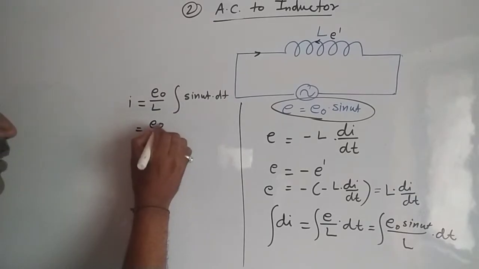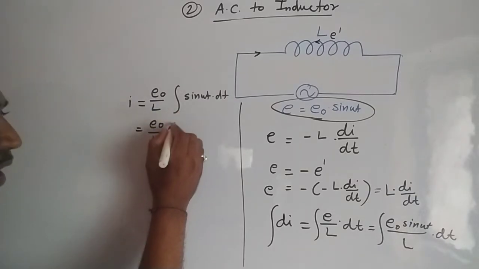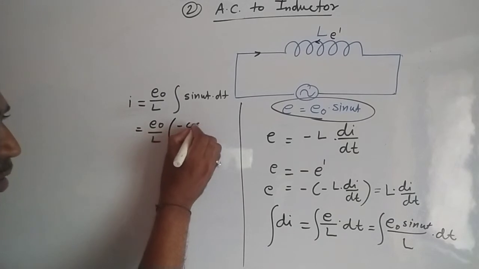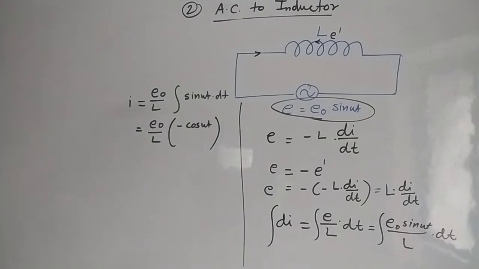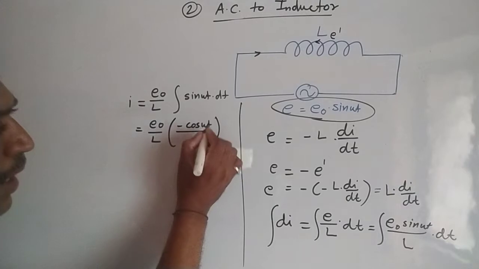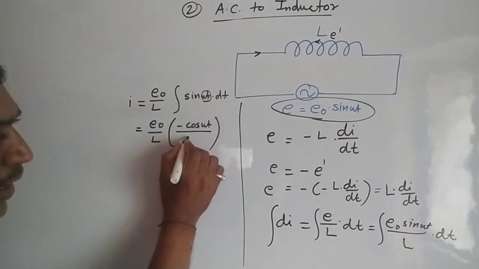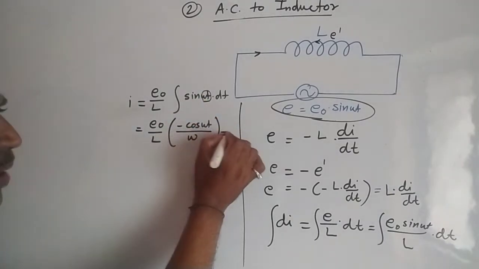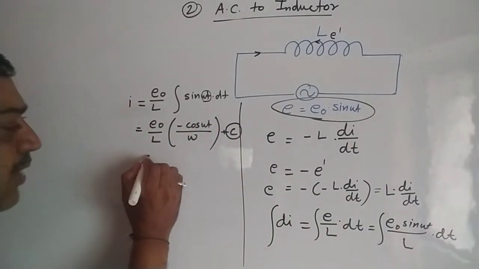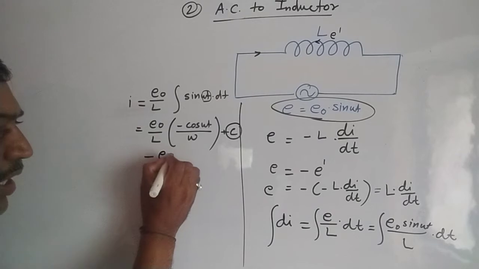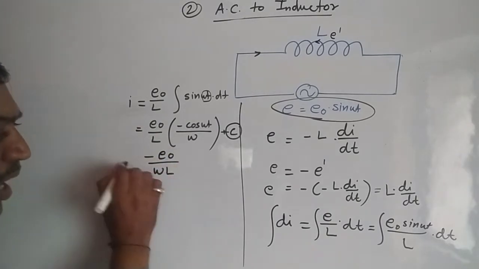So we can write E0 divided by L. Integration of this is what? Minus cos omega t, that is nothing but integration of sine omega t, divided by the integration of omega t, which is omega, plus some constant of integration that depends on initial values. That's why this constant comes to be 0. Now, as the minus sign we have taken, E0 divided by omega L